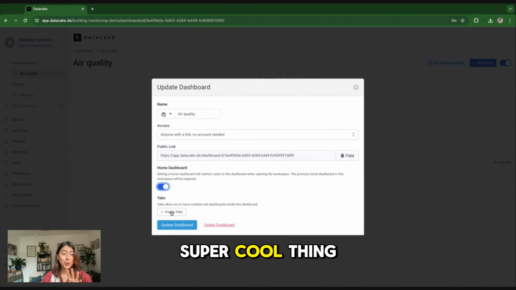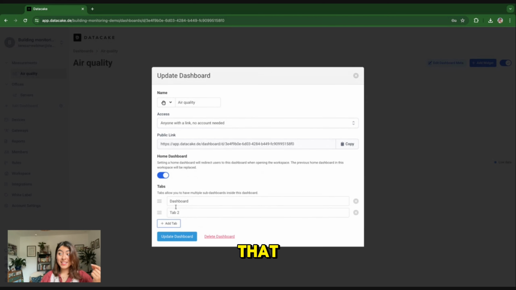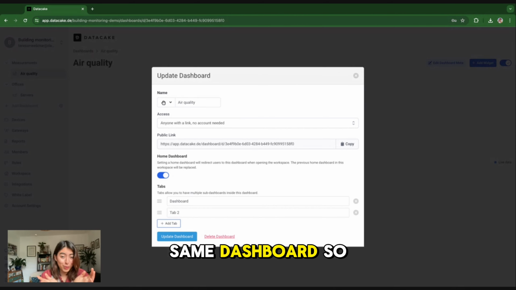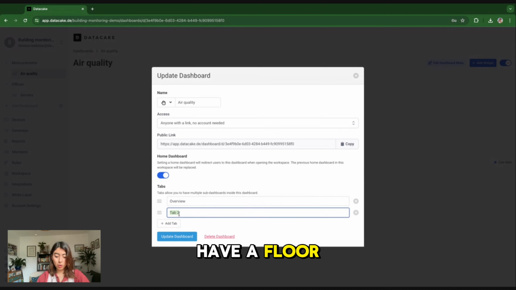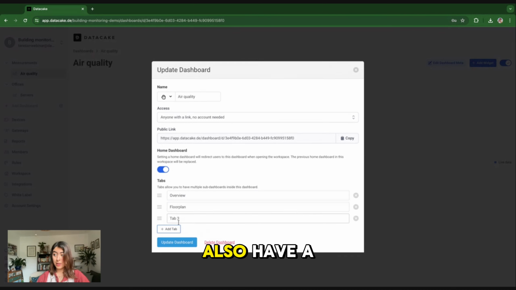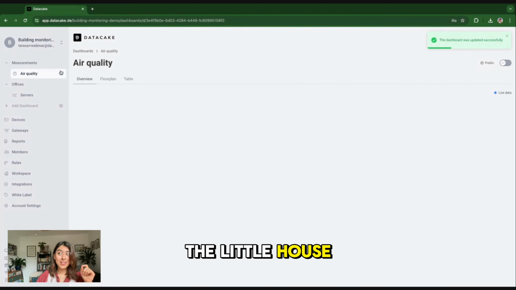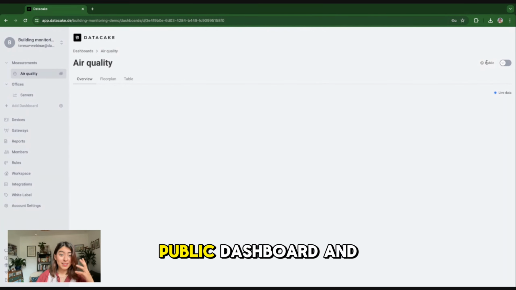And another super cool thing about global dashboards is that you can add tabs to them. That allows you to create small dashboards inside of one same dashboard. So in here, for example, you can have an overview tab, and you can have a floor plan tab, and you can also have a table tab, for example, and you can have different widgets in each of these tabs. So when you click on Update Dashboard, you will see that now you have 3 different tabs. You can see the little house that I was talking about before, and you can see this is a public